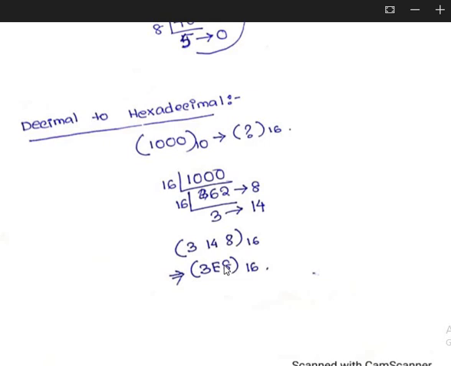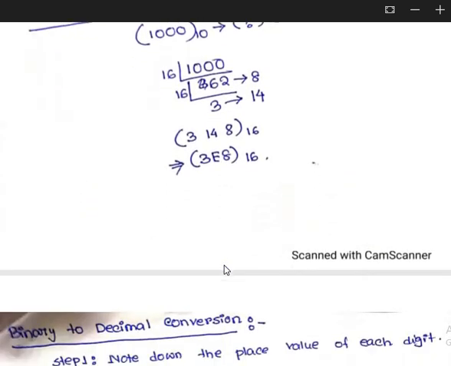Now whenever I am going to convert a number from another base towards decimal, like from binary to decimal, from octal to decimal, from hexadecimal to decimal, here I will multiply each digit by that base and increase the base power by 1 from right hand side to left hand side. So in case of any base to decimal, I have to multiply. In case of decimal to any base, I have to divide. Those things are clear to you very well.